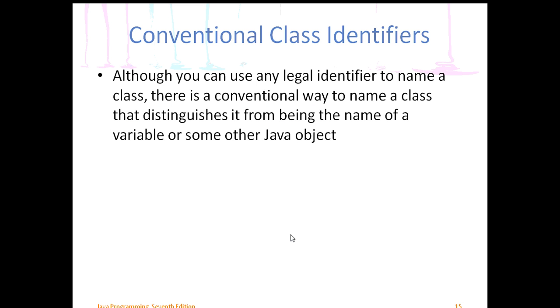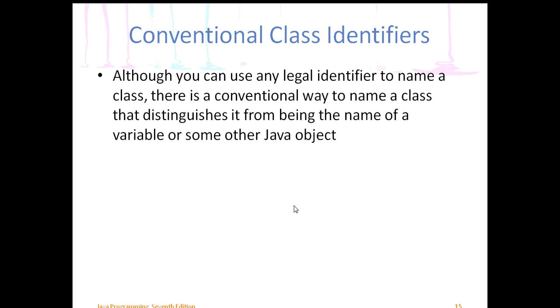All right, we go on to the next thing. Now, with class identifiers, class identifiers are named in a special way. Now, they have to be legal. It has to fit all the legal rules. So it can have letters of the alphabet, numbers, and those symbols, and no spaces, but